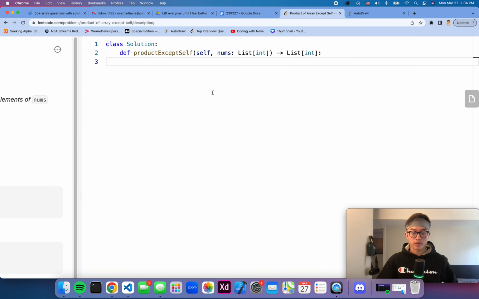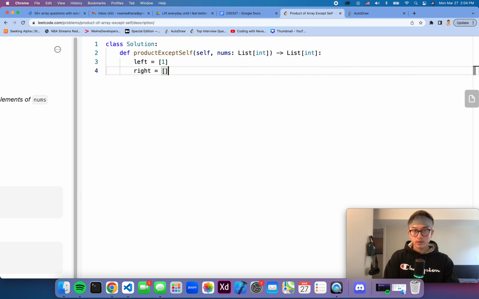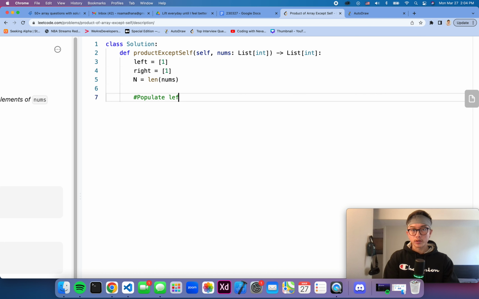So let's go ahead and code this up. First thing we're going to do is create that left list, create a right list, and I'm just going to say n is equal to the length of nums. And the first thing after this is we're going to populate that left list, right? So for i in range n,